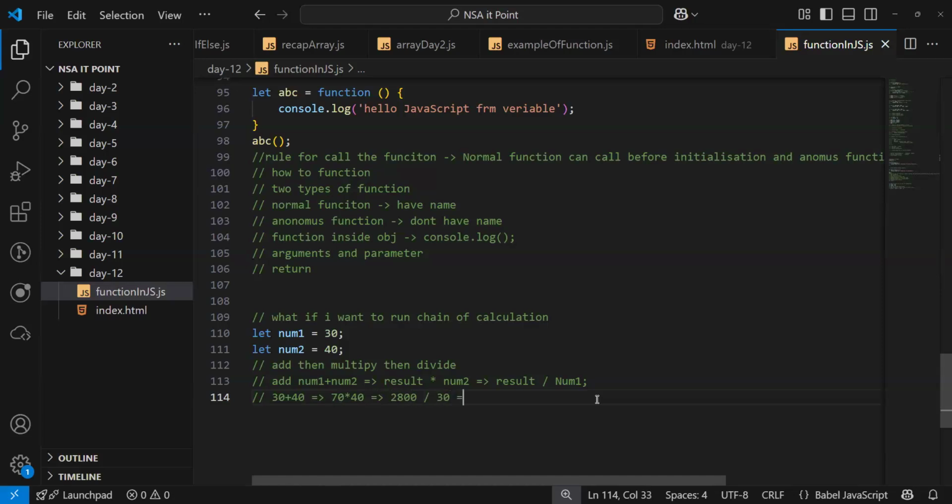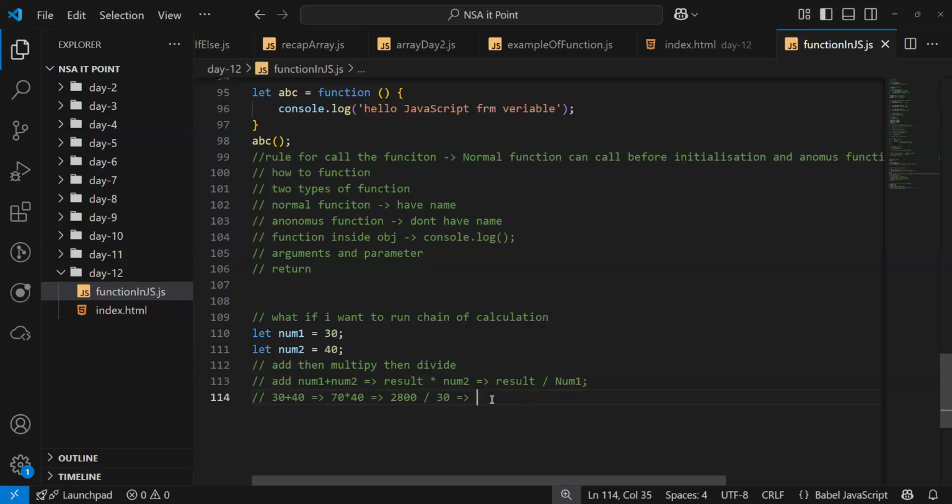Anyone? Any math students? Multiplication is 2800, I'm sure.